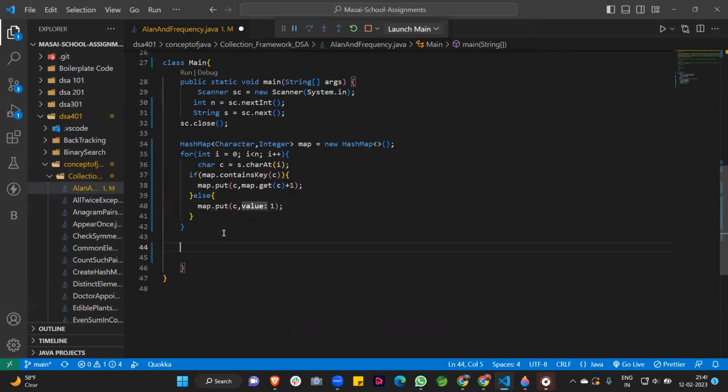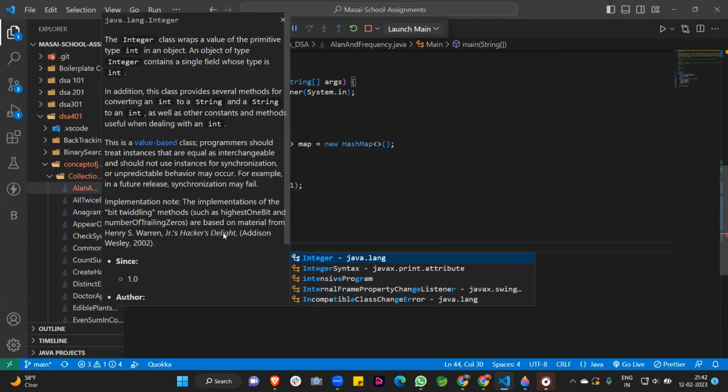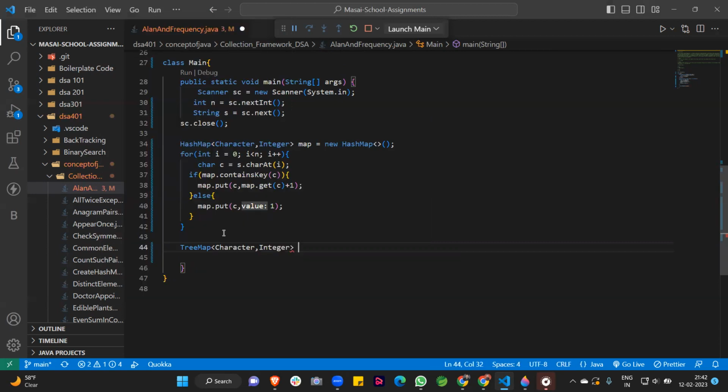You can also create a TreeMap directly, but now don't worry, we create the TreeMap now. TreeMap with character and integer as the key and value types. Then we can return a sorted map, because you know very well the TreeMap is used for sorting the keys in alphabetical order. So this is the use case of the TreeMap.